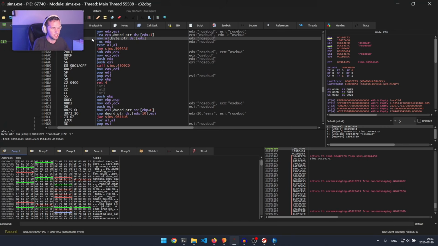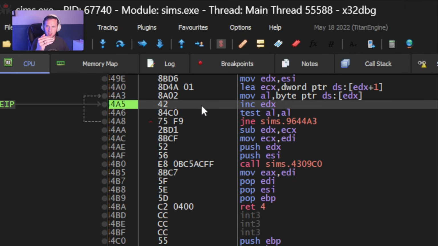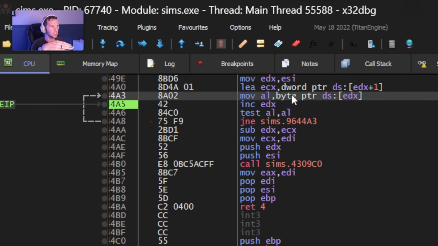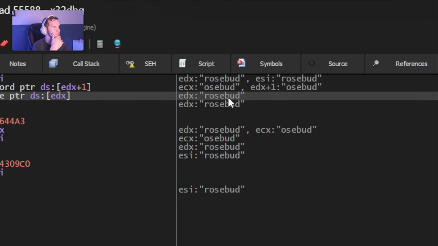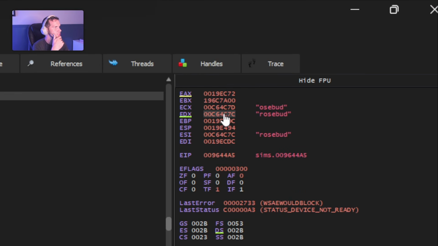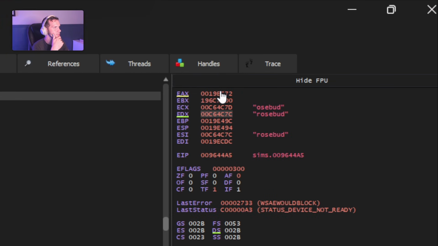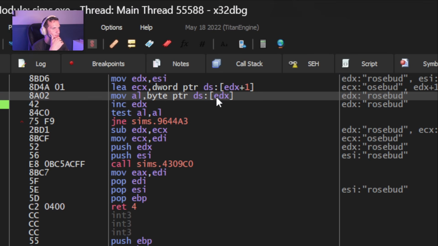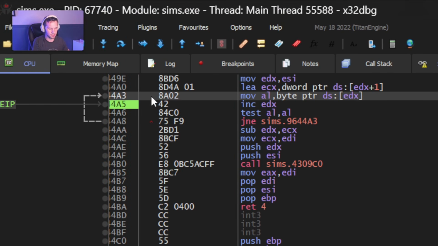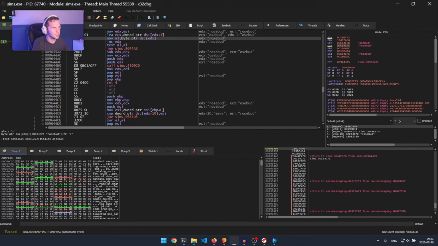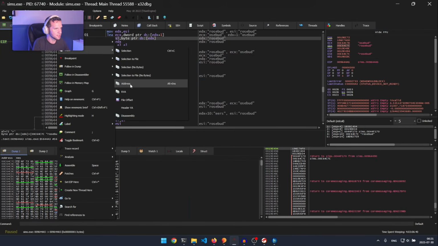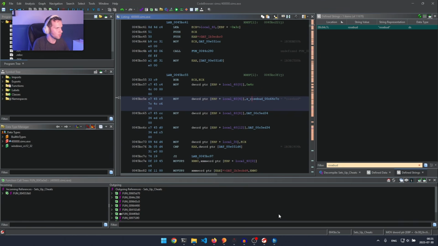cheat code in, and then we get, so the breakpoint happens on the instruction after whatever accessed that string. So this instruction is actually the one where the string is accessed, and we can see that the address for Rosebud is in EDX, which was moved into AL here, or the data that was in there was moved into AL there. Okay, so let's go ahead and take this address right here and open that in Ghidra to see what's going